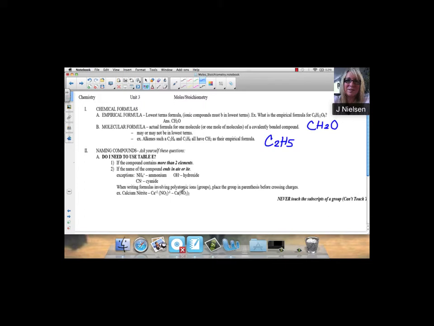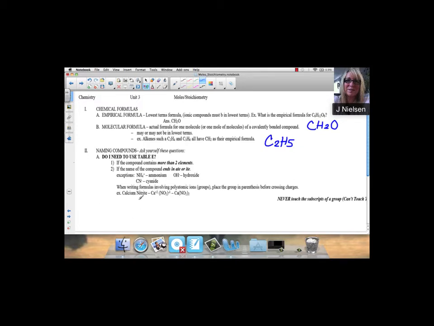Naming compounds. When you're naming compounds, you should be asking yourself, do I need to use Table E, which is your polyatomic ions? If you're looking at a compound and they want you to name it and it has more than 2 elements, then you know that you have to use Table E, and you need to find out what polyatomic ion you're dealing with. For example, when writing formulas involving polyatomic ions, place the group in parentheses before crossing the charges. So if I'm asking you to write